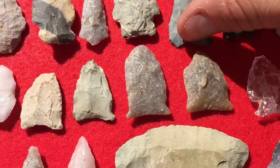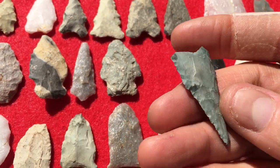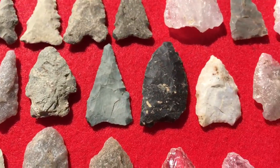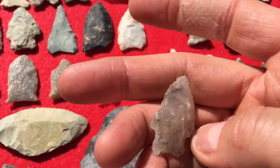This one for a while I thought was a Dalton, but it's just not ground, and I think it's a peaty. The base does feel lightly ground, but the sides aren't. And then I've gone past those. This one, G10 quartz. It's got some kind of little dirty inclusions in it, but